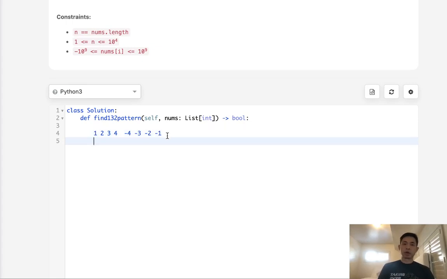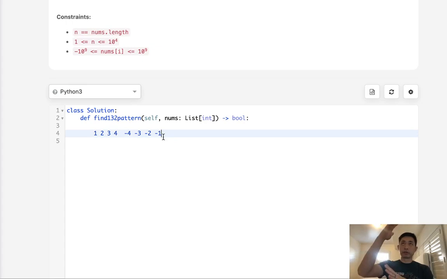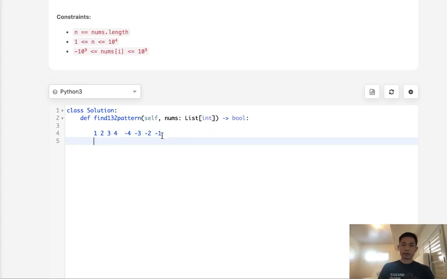But what if we went backwards? Now, something interesting happens when we go backward. When we go backwards, what we're looking for is a decreasing pattern, right? And these are increasing. So let's just flip that and say, what if it's decreasing? And these were like negative. Well, if we were decreasing,